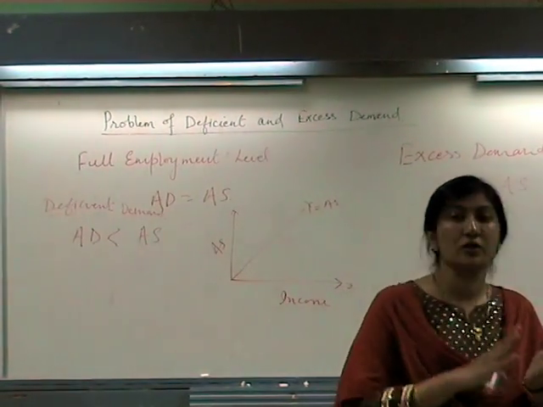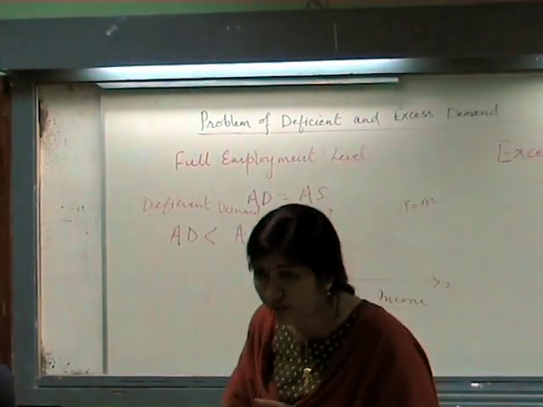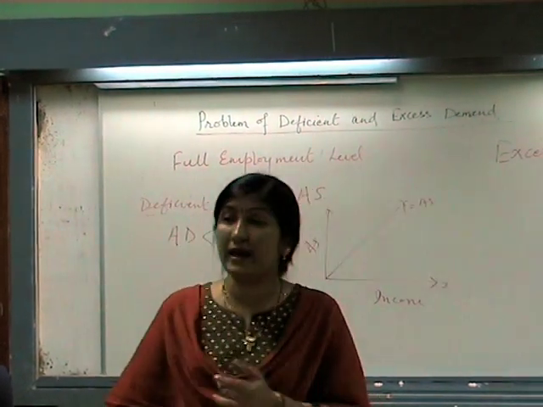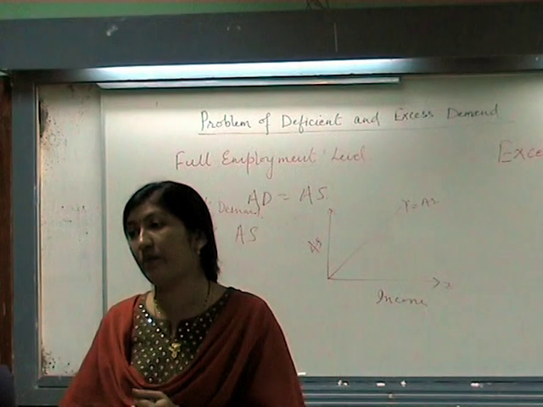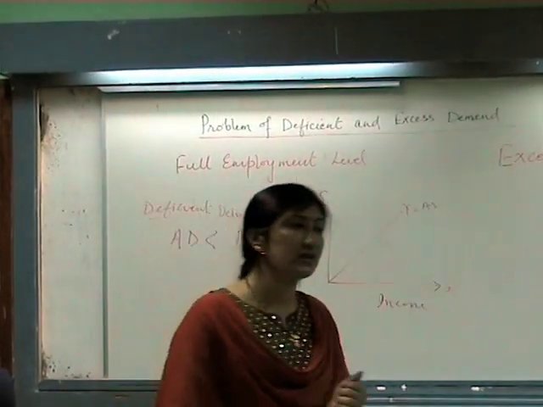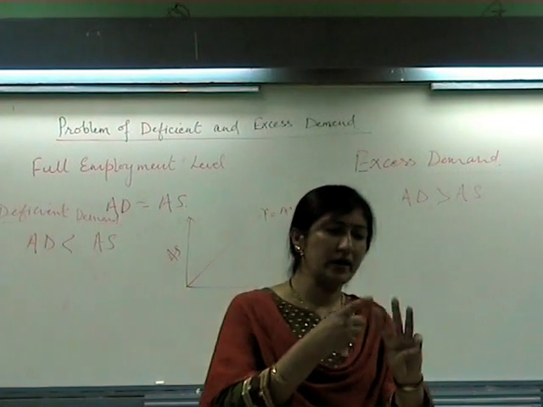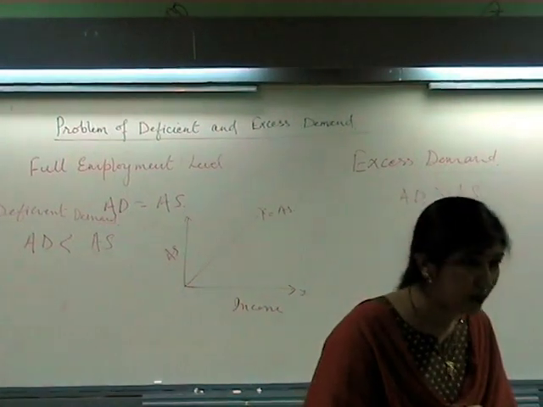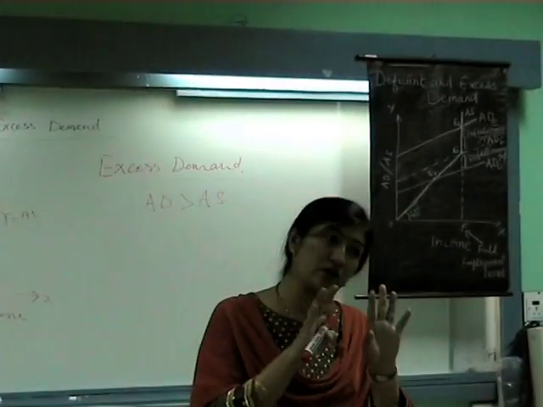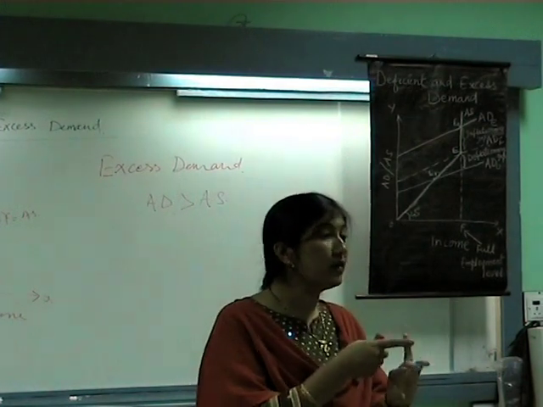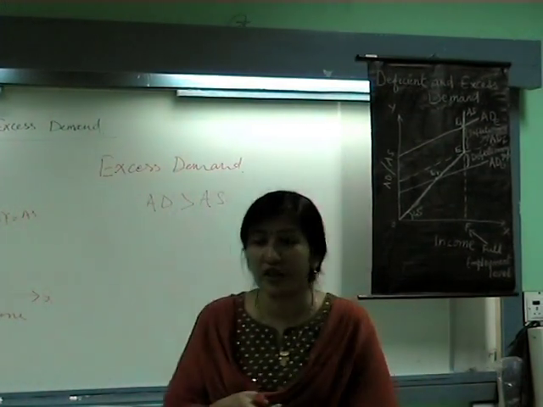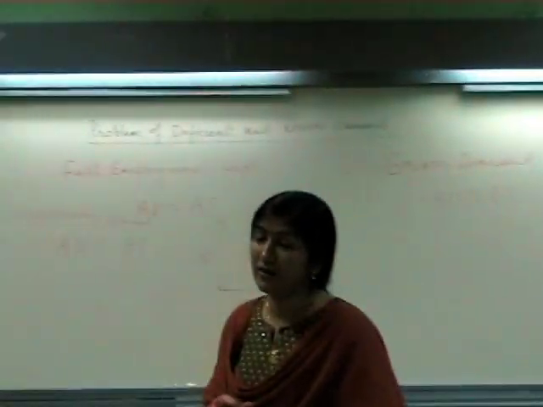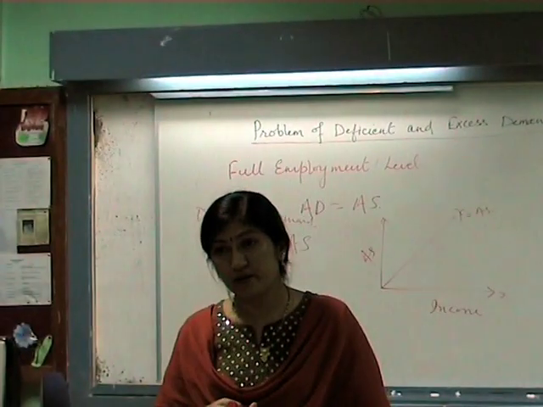Is this concept clear? Excess demand is a situation where aggregate demand is more than aggregate supply at full employment level. Clear? And what will be the consequences? Again the consequences are for three: output, employment and price. Output cannot be increased because we have already crossed full employment level. Employment cannot be increased either, and the only impact is on the prices. So in the situation of excess demand, prices go up, or a situation of inflation is created during excess demand. These two things are clear.